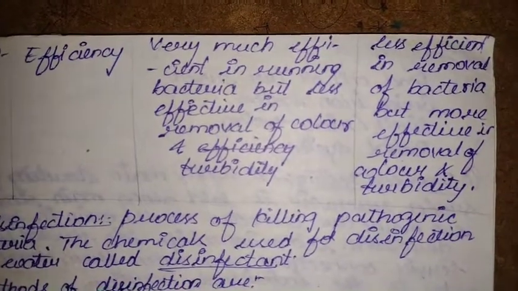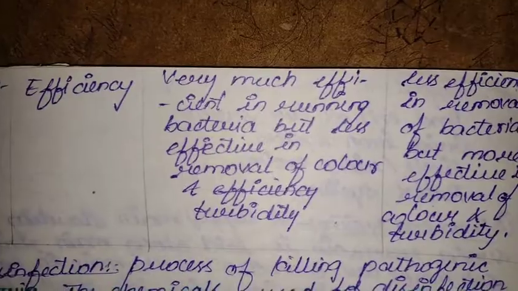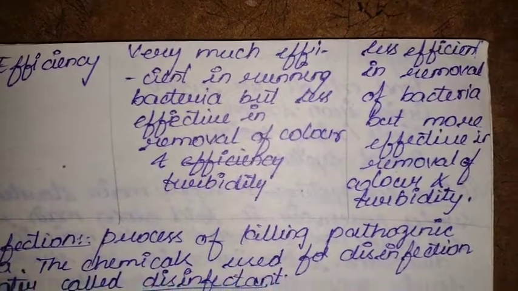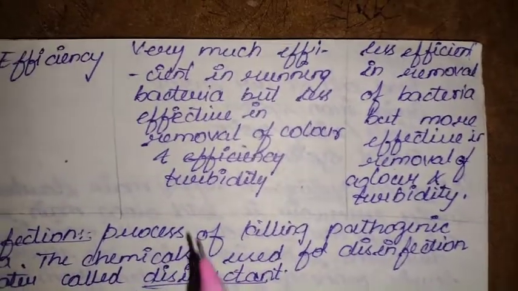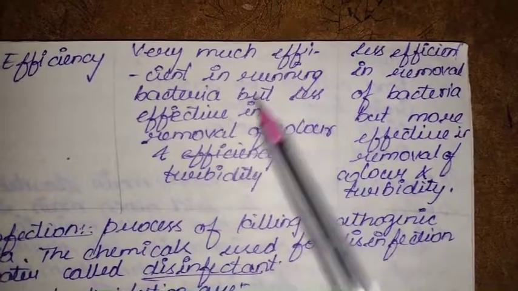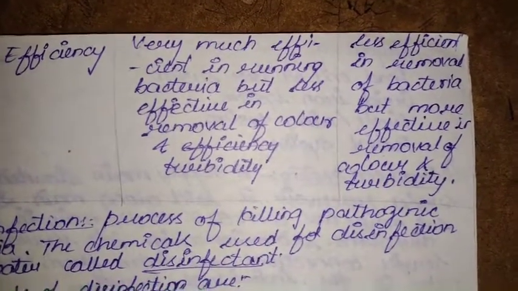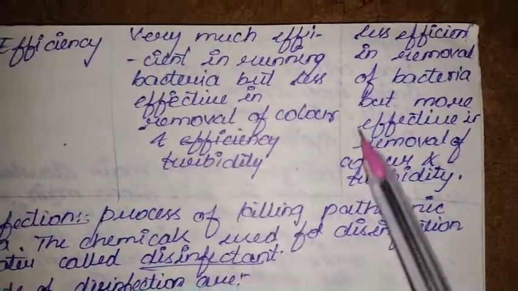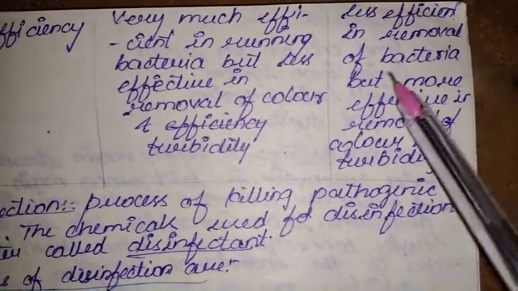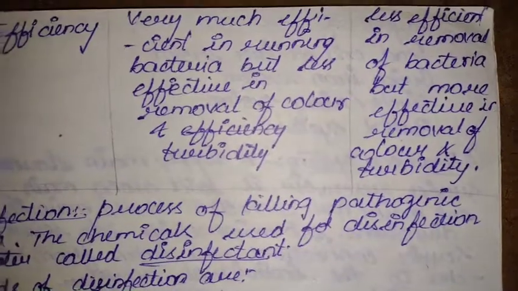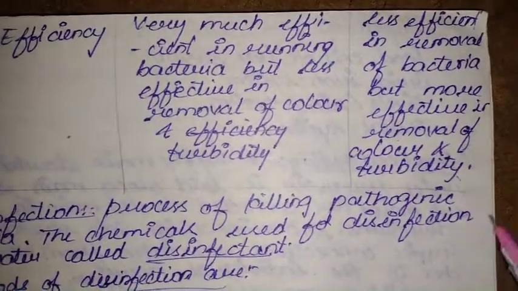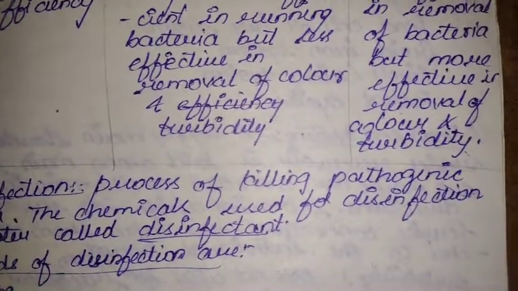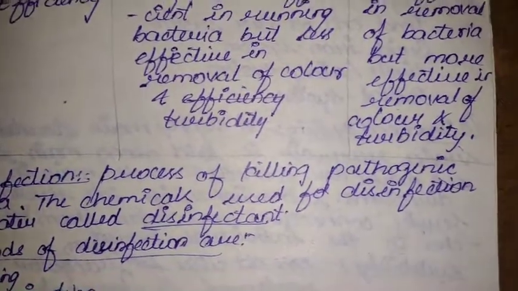So efficiency: very much efficient in removing bacteria, but less effective in removal of color and turbidity. We are removing the bacteria to a great extent, but here we are unable to remove the color and turbidity. In this case, it is less efficient in removal of bacteria, but more effective in removal of color and turbidity. Here it is vice versa of this, simply the cross of that, simply opposite. Okay,